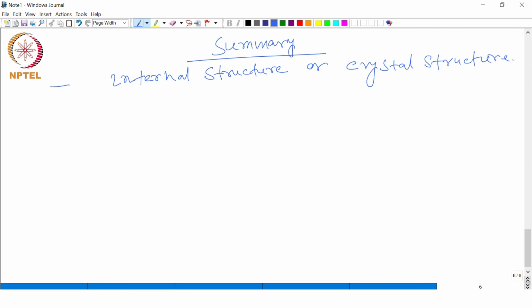And with regard to that, we have seen there are two types. One is crystalline or polycrystalline, where atoms are arranged in a particular pattern,